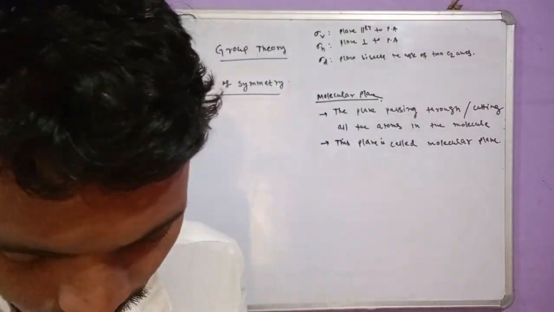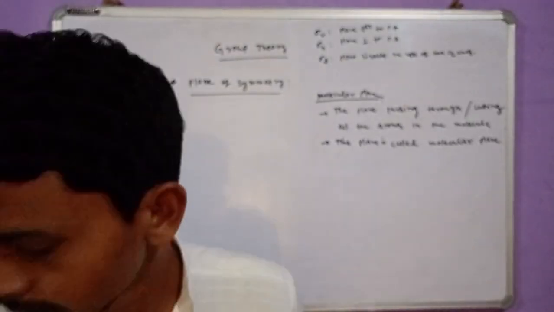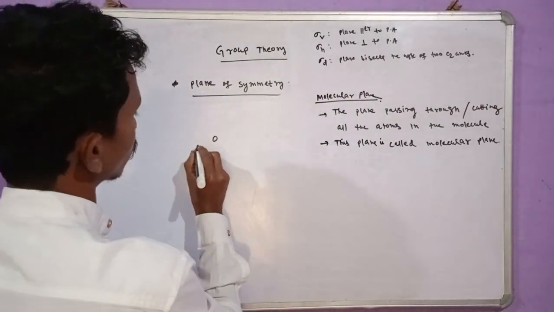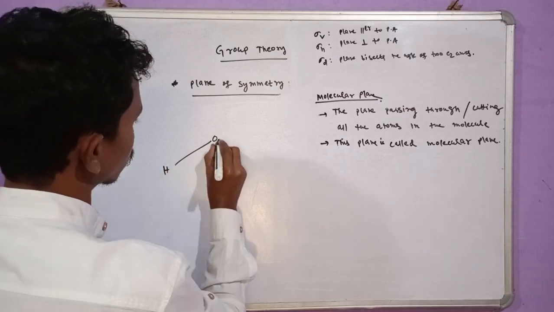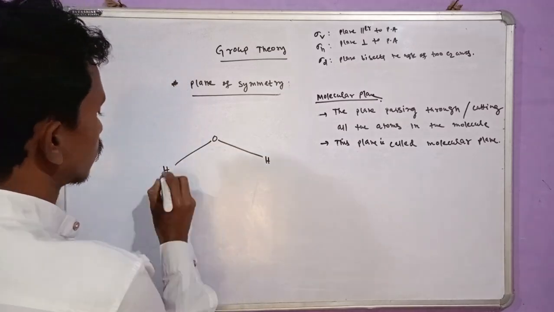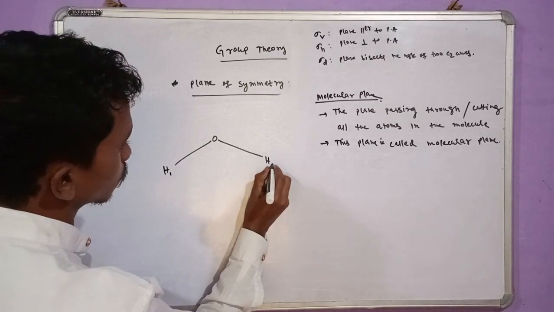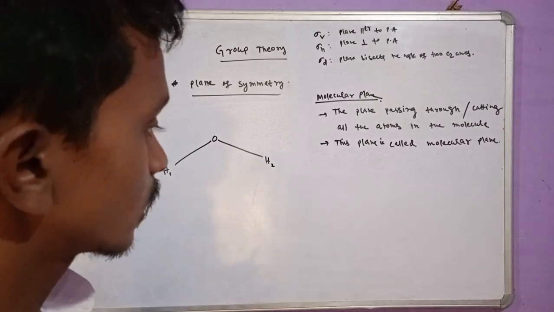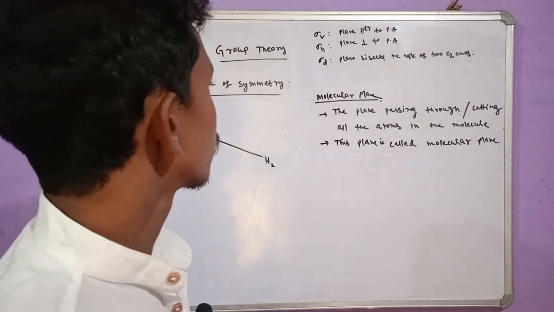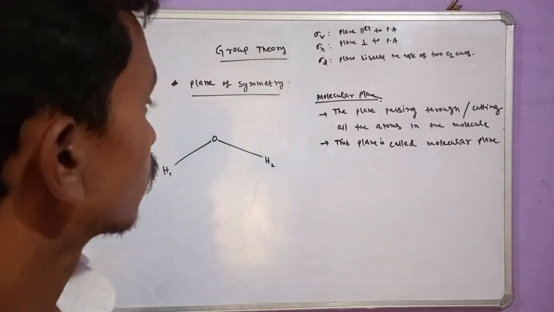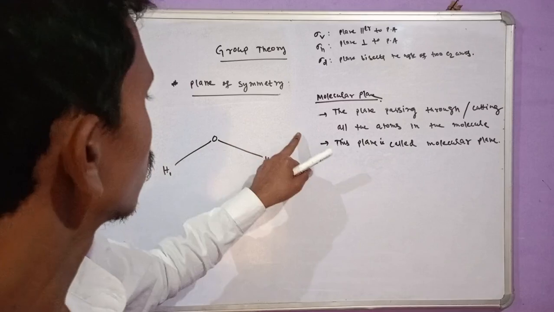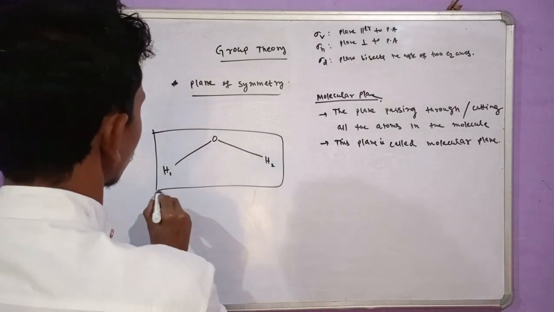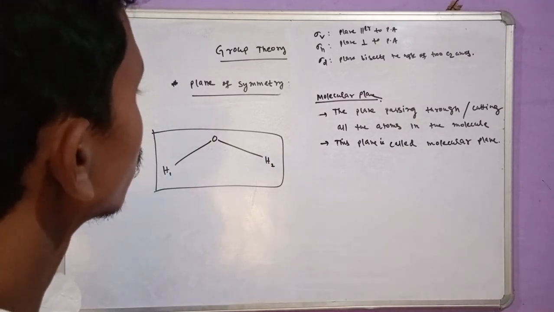Now, let's take the examples. Let's say water molecule. First, we will discuss water. Okay. Let's say I give the names H1 and H2. Although these are identical, I say H1, H2 to distinguish. Okay. So here, what planes are present? So molecular plane means the one which cuts all the atoms. So first I will pass the molecular plane here. Okay. And another is,